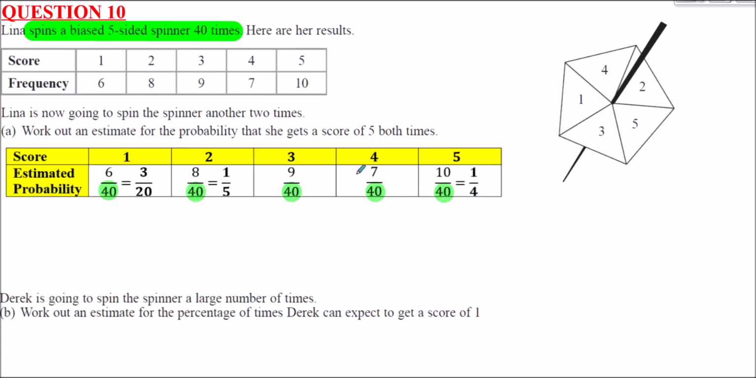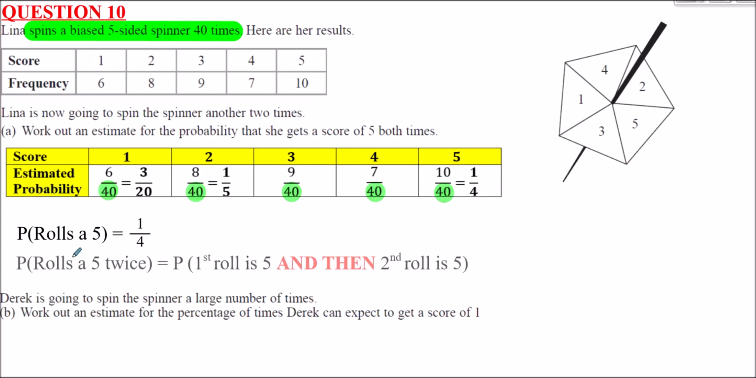So using these values now as our estimate, we want to consider the chance of her getting a score of 5 both times. Well, the chance of her spinning a 5 once is a quarter, as we can see here. It's 10 out of 40, which goes to our quarter, which is our best estimate of the probability of spinning a 5. So if she spins it twice, the chance of getting a 5 both times,